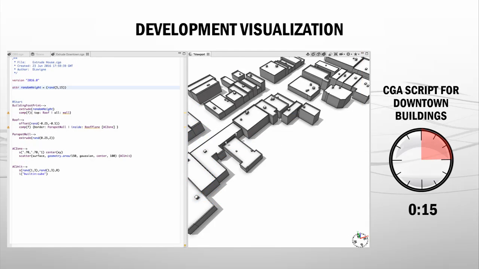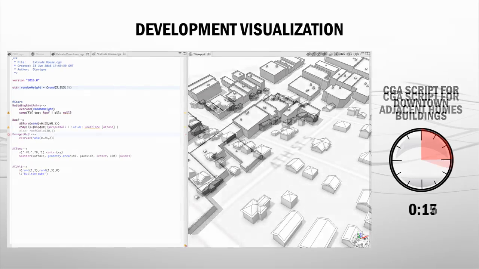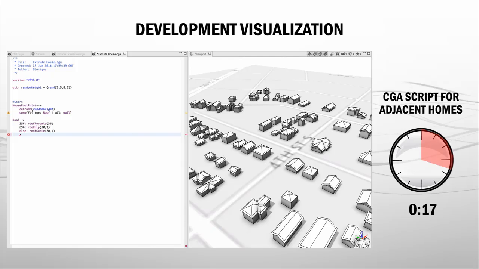A couple of minutes later, I'm writing just a quick code to extrude these buildings, put in some parapets, reusing my air conditioning code to put that rooftop mechanical on those buildings. Find all the adjacent residential. Again, another quick rule, I'm just randomizing the type of roof, whether it's a shed roof, a gable roof, a pyramid roof. Some sort of stock rules right out of CityEngine to give that texture to the context